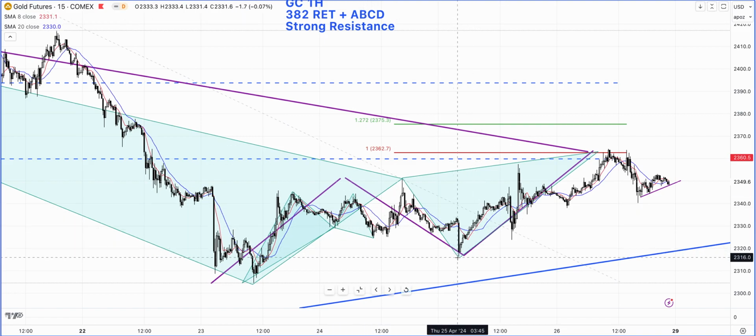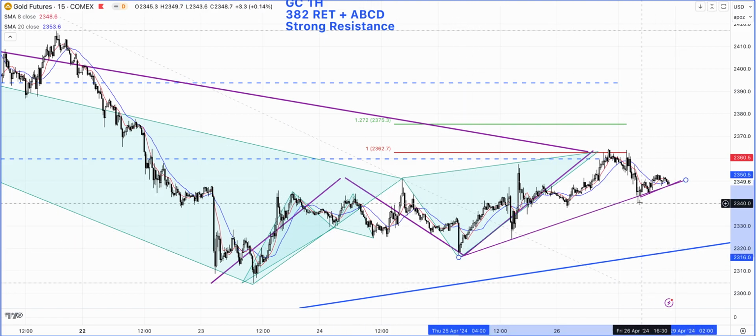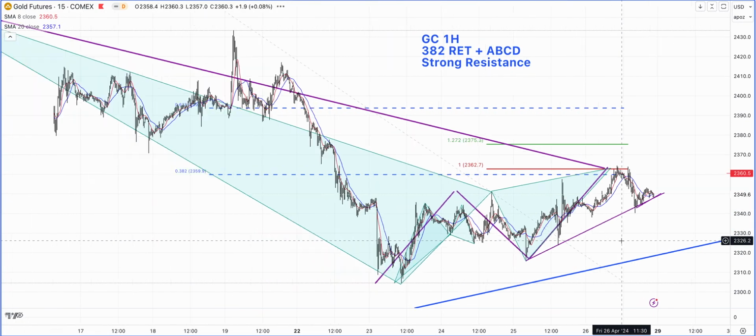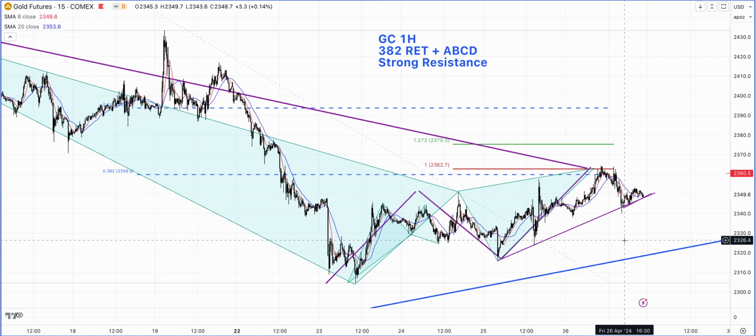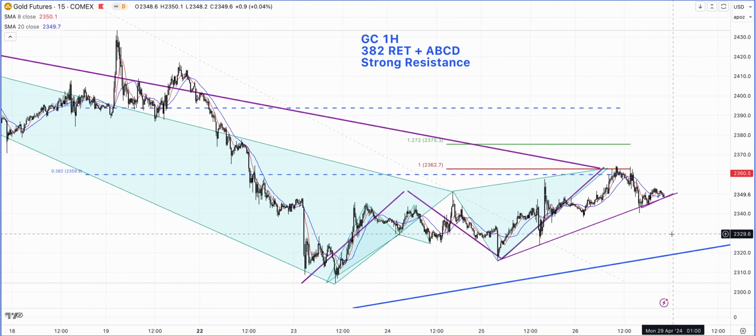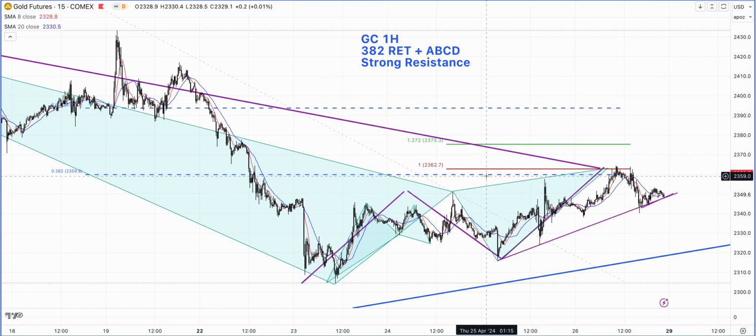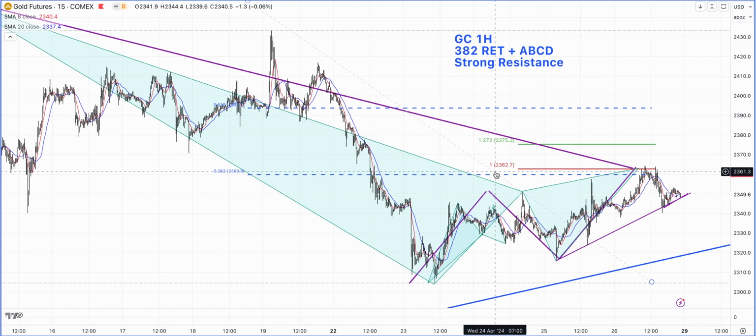But the other interesting thing is, if we were to just draw a trend line like this, this trend line has been respected as well. So the market is just kind of hovering around here. What I believe is, because the dollar was pretty strong, but the gold market was pretty resilient and closed positive for the day, that is something to be noted. If we are able to close above, on a daily closing basis, the 2363, 2365 level, which is above the 38.2% retracement and this ABCD pattern formation, then chances are that the gold that we were looking at for maybe to correct down to the 38.2% retracement on the daily chart.